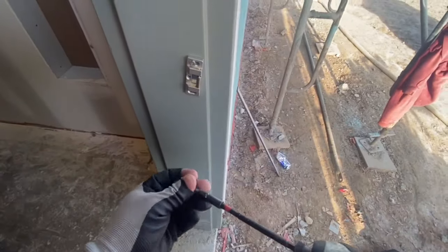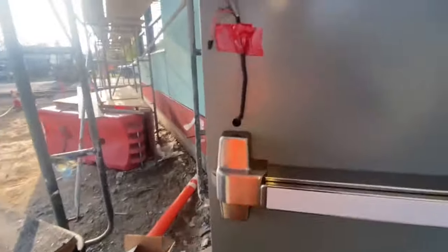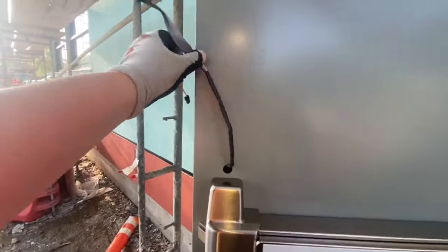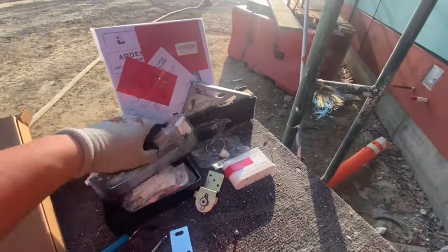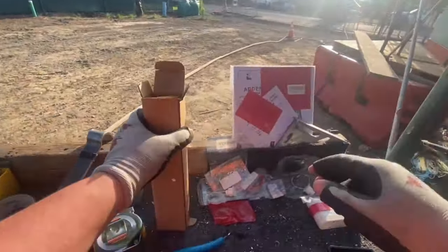Yeah, I was trying to think if they did that for a certain reason or just that's the shape of the panic. So yeah, it's just the shape of the panic or where that strike ends up. And they give you two different shims with the strike, and on this job we've been using the thicker shim mostly. So that's the guts and the smart part here of this